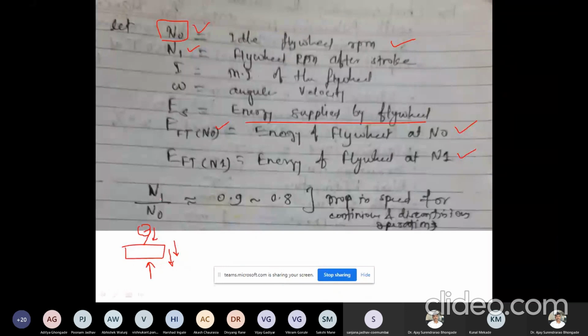So this is the allowable decrease in the RPM. Let us say the machine crank is moving at an idle RPM with no load of 100, but it is allowed to reduce that RPM up to 80 or up to 90. Correct. So this 0.9 to 0.8 is the allowed drop in speed for continuous and discontinuous operation. This amount is generally fixed because we don't allow it to go beyond a certain limit. So that allowable range is generally specified for the machines.